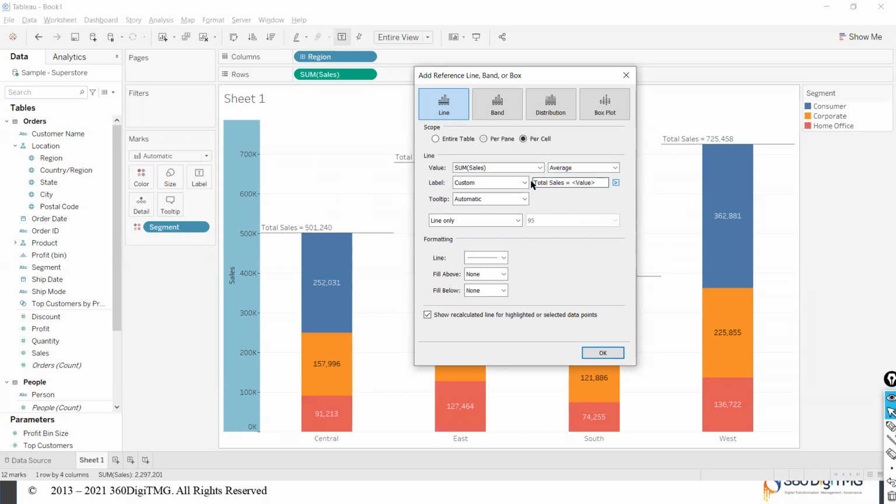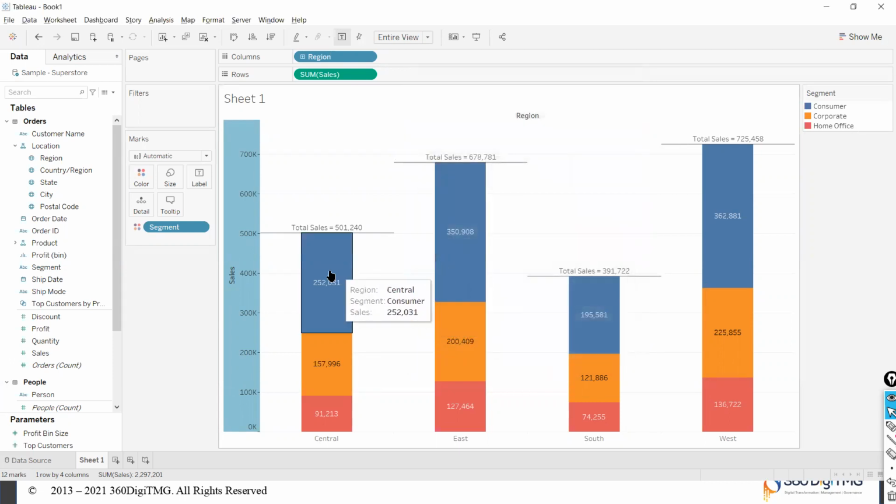So you can see how on every bar, we are now able to look at the total sales of that region. Further, I'm going to introduce a little space at the beginning of this label so that on the graph also, it will go and center itself. Okay, so this is how we can show the totals on a stacked bar graph, while at the same time we are displaying the total sales from each and every segment, at the same time totals.